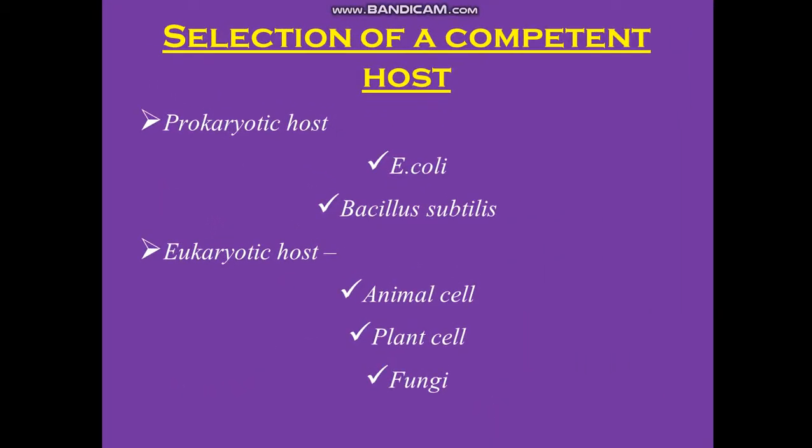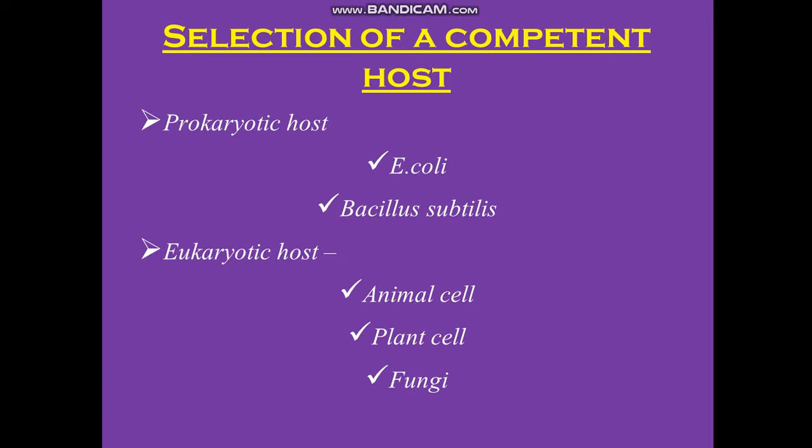If we go back to this slide, the prokaryotic cell, the E. coli bacteria cell, of course will have a cell wall. The animal cell here will not have a cell wall. Plant cell and fungi cell will have cell walls. So, although E. coli and fungi are very potent hosts, they have this limitation of possessing a cell wall. Since animal cell does not have a cell wall, it can be easily used for incorporation as a host. This preparation is not needed, this removal of cell wall is not needed here because animal cell does not have a cell wall.